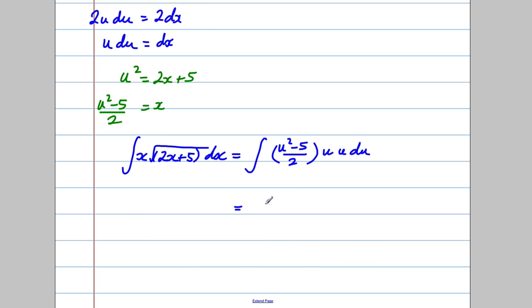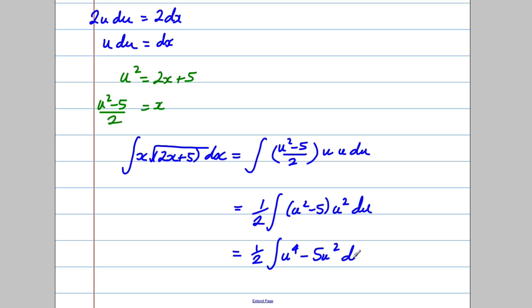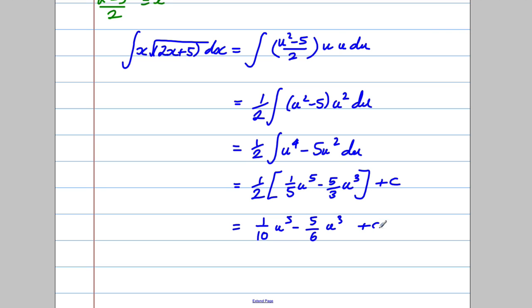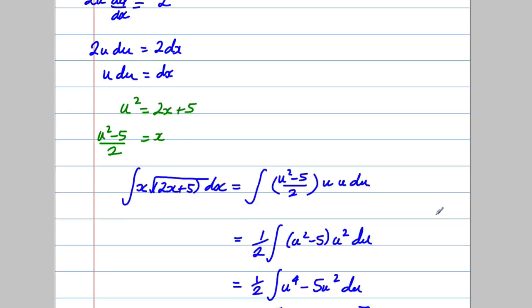Okay, so I can take the factor of a half out, and I've got the integral of u squared take away 5 multiplied by u squared du, and that's going to be equal to a half the integral of u to the power of 4 take away 5 u squared du. And now I can perform the integration, so that's a half, and here I'd have a fifth u to the power of 5 take away 5 thirds u to the power of 3 plus a constant. Multiplying out, it would be a tenth u to the power of 5 take away 5 sixths u to the power of 3 plus a constant, and replacing back your u's,